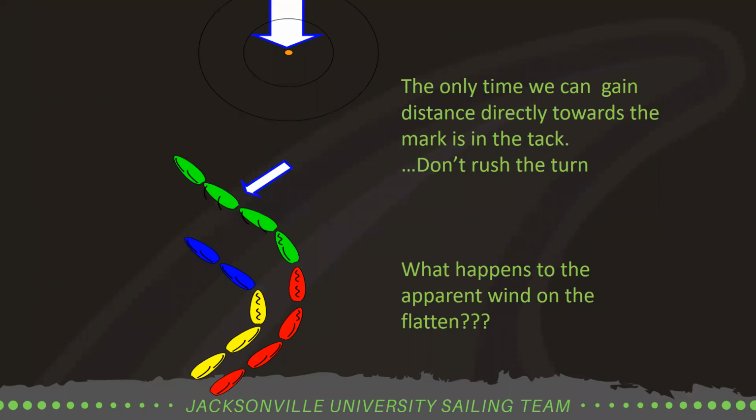Another thing we see typically from freshmen and some less experienced people is rushing the turn on the tacks as well. I have two little diagrams here of tacking. The one to the left, the yellow to blue, is what we see a lot: people jamming the tiller away really hard in the tack, turning the boat really quickly, and thinking that getting on the new tack quickly is going to help them in the roll tack. In effect, you turn really quickly, you stop your boat, and then anything flattening, anything from your roll tack, is accelerating from a stop and not from